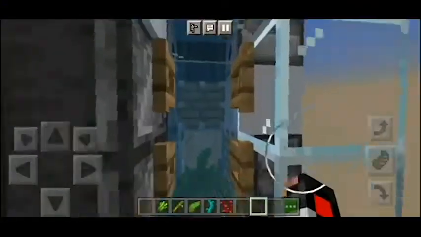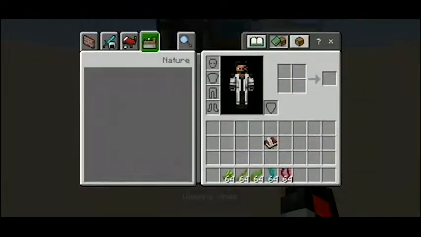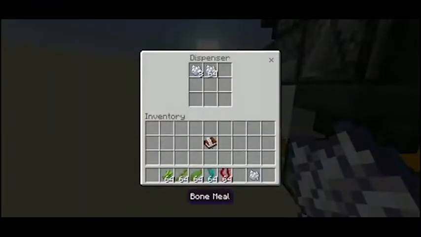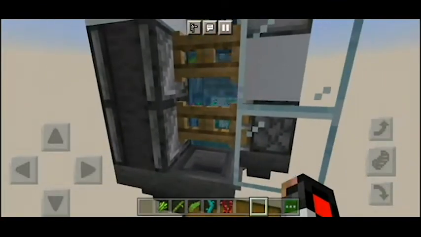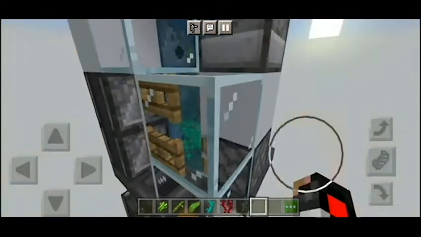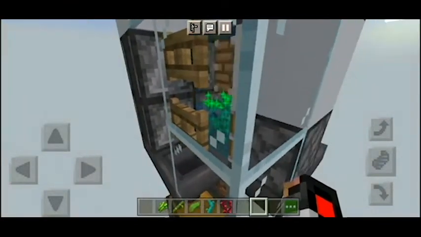Okay, so now we have the cap in there. Let's close the defense gate. Let me provide the farm with some more bone meal. As you can see, now we just need to flick the lever, and as you can see, it's producing some bone meal, and the timing here is perfect for the kelp, but